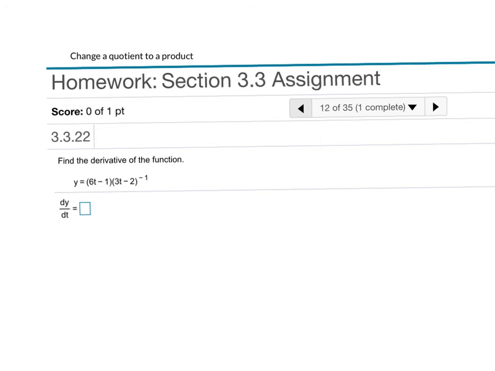So this is one of your homework problems in section 3. Notice it's written as a product, but that negative exponent, right? Negative exponents mean you take the reciprocal. So what we really have here is a rational function. So for now, you want to rewrite it as a rational function. Now, because it's a quotient, apply the quotient rule, which remember is, if you want to stop this video and try it, you can,